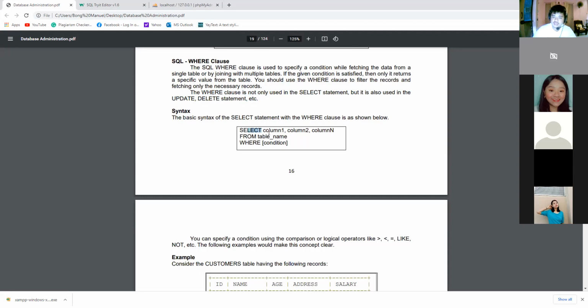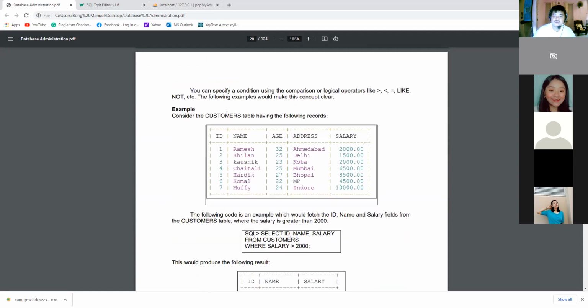The syntax: select column 1, column 2, column 3, or asterisk from table name where, tapos kung anong condition. Halimbawa, where column 1 is equals to, or where column 1 is greater than, ganito, so on and so forth. You can specify condition using comparison or logical operators like greater than, less than, equal, like, not, etc. The following examples would make